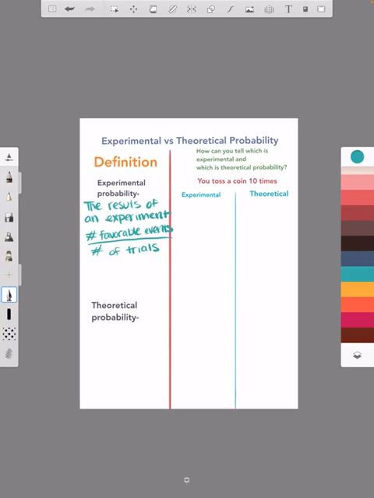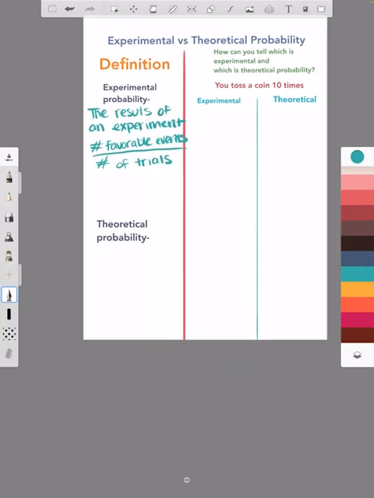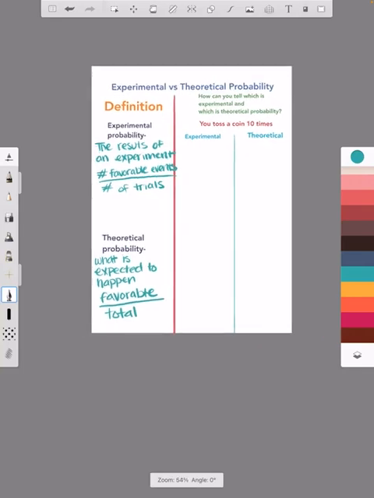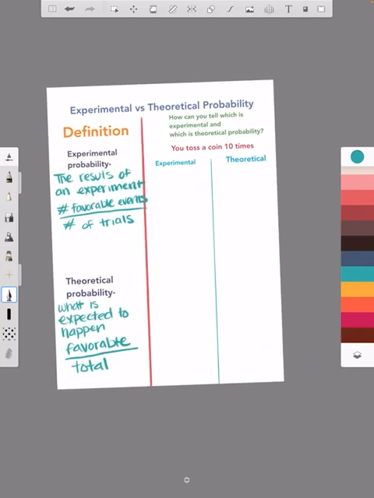All right. And then theoretical probability is what we've been learning so far. Theoretical probability is what is expected to happen. All right, and we're just going to have favorable over the total number of outcomes. So favorable over total. So those are the definitions of both. So just to put it in a nutshell,